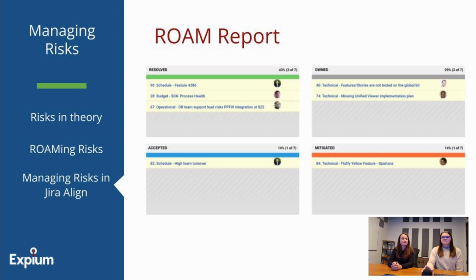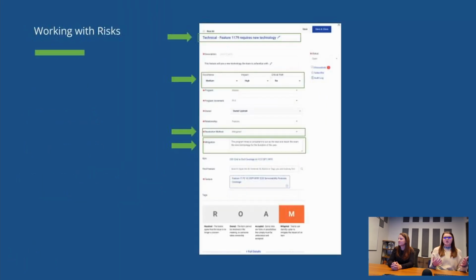Often risks are identified as a part of the PI planning process. I think that's really where we see the most risks being thought about and really being brought to the attention of the train. And what we like to see is when teams are utilizing Jira Align in that PI planning process, whether they're virtual or in person, getting those risks immediately in the tool. We see a lot of good feedback from teams when they say that we can just record those directly into the tool.